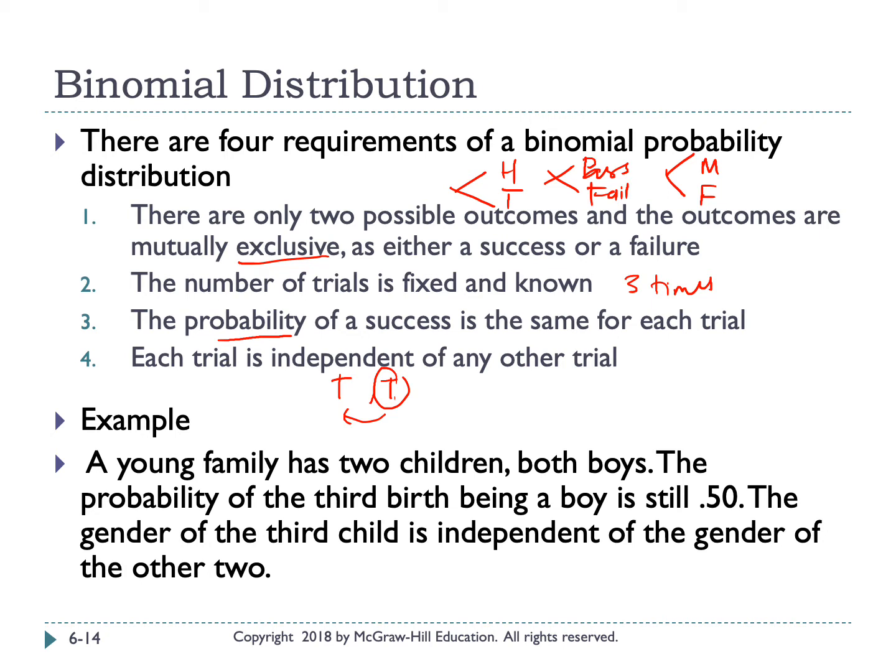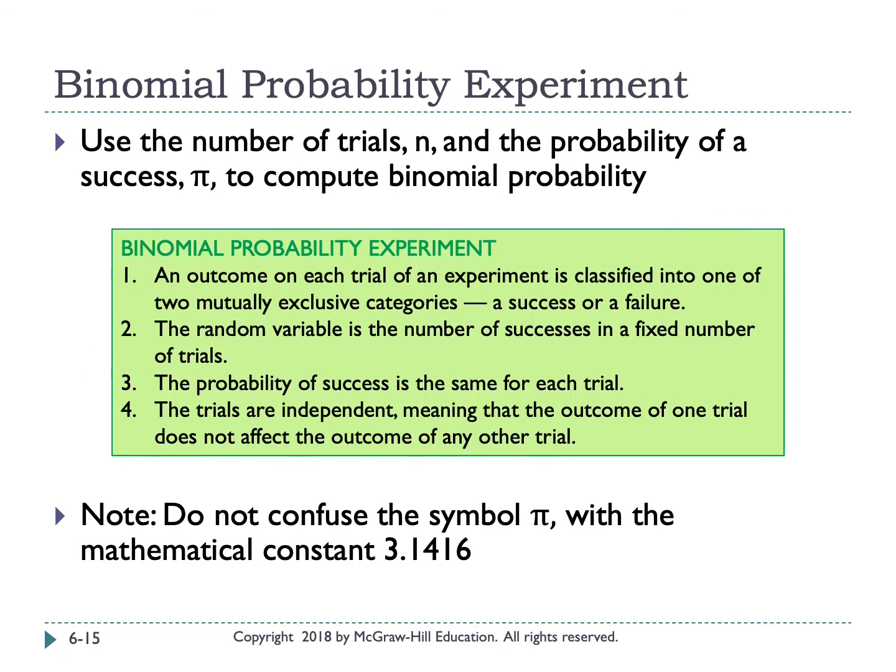Maybe you can get head as well. So the outcomes are actually independent of each other. Okay? So you can look at the example given by this textbook at your own time. Okay? If you want to compute a binomial probability distribution, we will use n to represent the number of trials, and